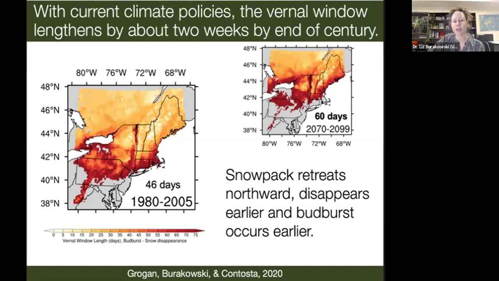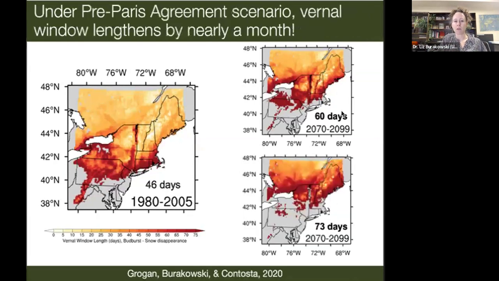So you see an overall lengthening of the areas that have a vernal window by about 2 weeks. So that 2 weeks that we've seen since the 1950s, by the end of the century, we'll add another 2 weeks onto that. If we look at a more dire climate scenario, so the trajectory that we were on prior